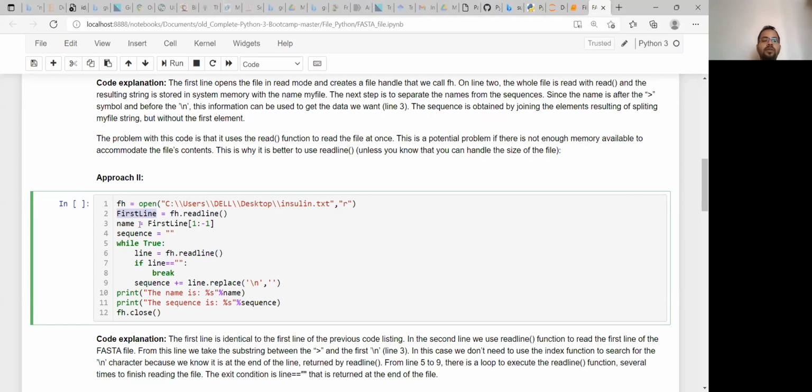Now you can see, if we are reading line by line, this syntax is actually taking the first line. And that is actually the name part, isn't it? Because it will open the file and read the first line. So it is the header line, and you are extracting the description part using this command 1:-1.